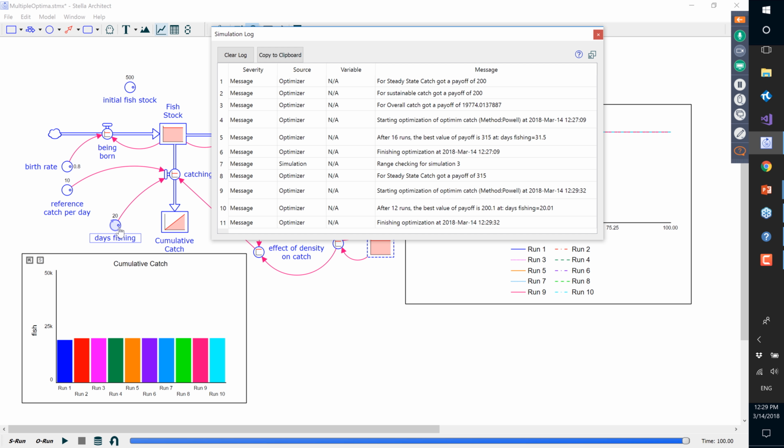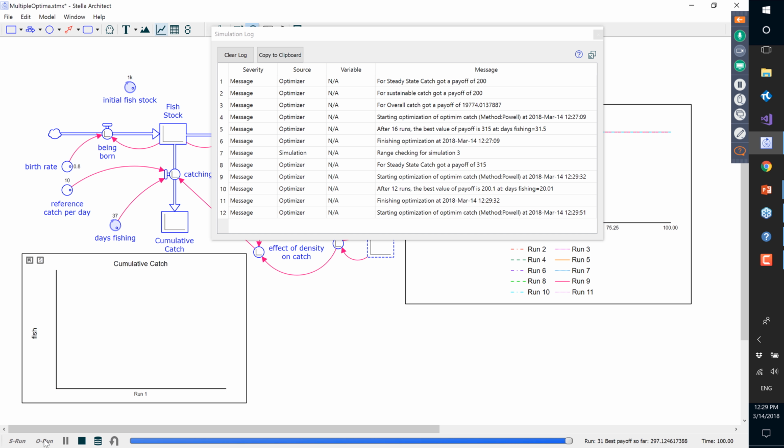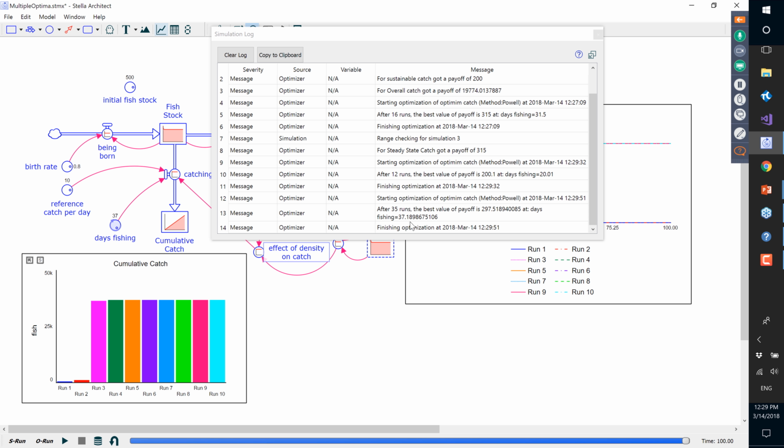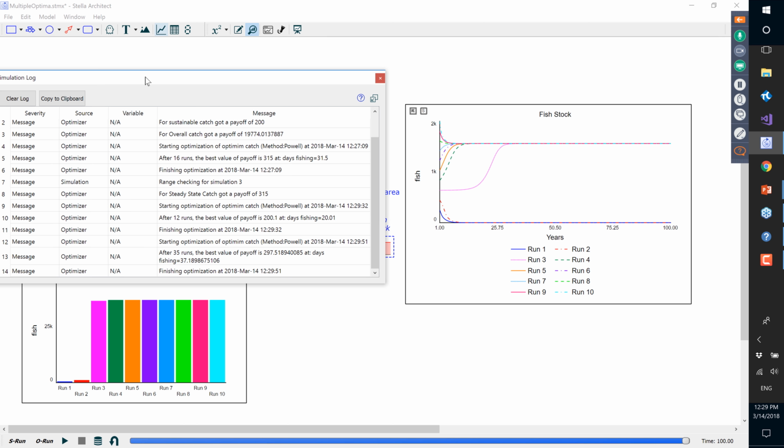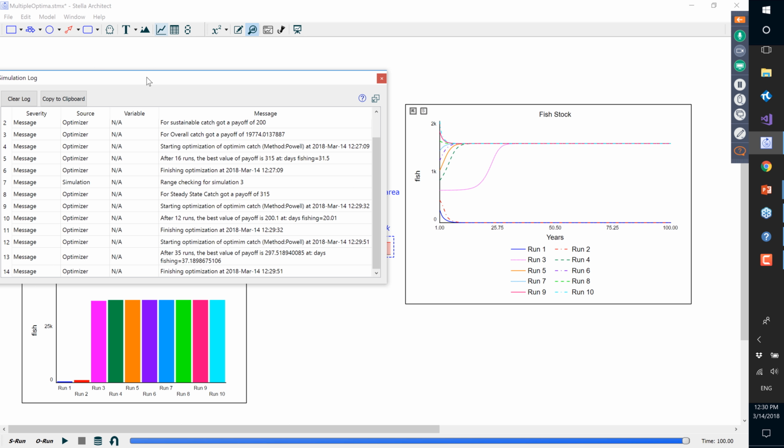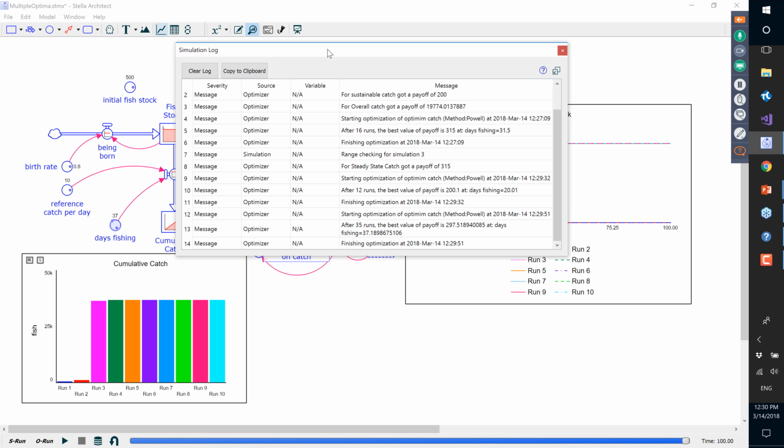But what happens if we start the day's fishing at, say, a number of 32 or so, which is slightly larger, and do an optimization of that? Well, then we get an optimization that says we should be fishing for 37 days. And when we fish for 37 days, we have 2 populations going extinct and then the rest of the populations existing. And we're getting a payoff now of